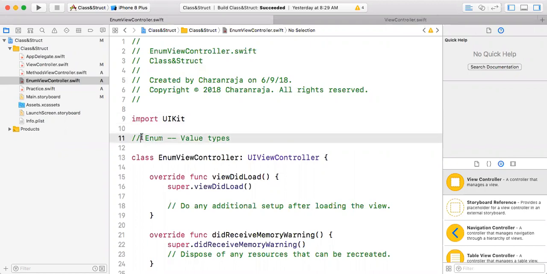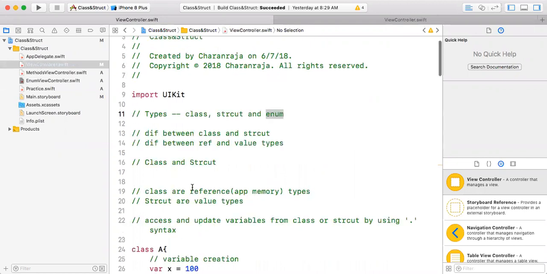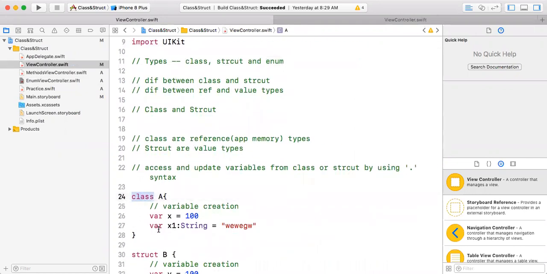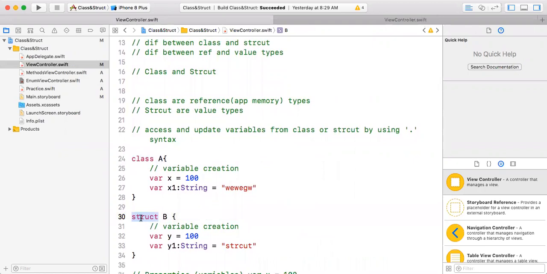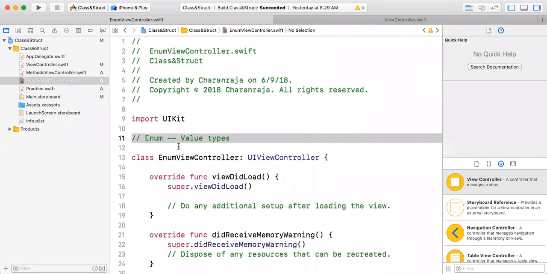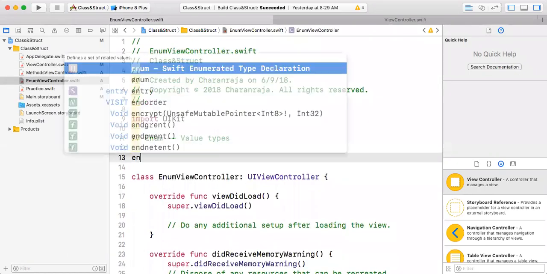When I say value type, it will not store what values you are assigning in memory. If I assign a value, it will store the particular value. So how to define the enumeration? Like class, when I'm defining, I'm giving a class keyword. For the structure, I'm giving a struct keyword. The same way, if I want to define enumeration,